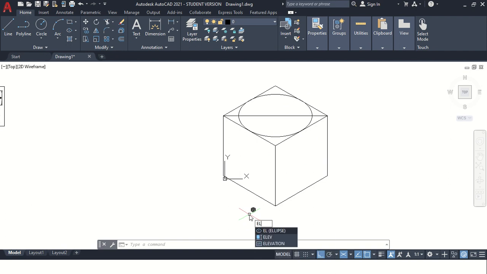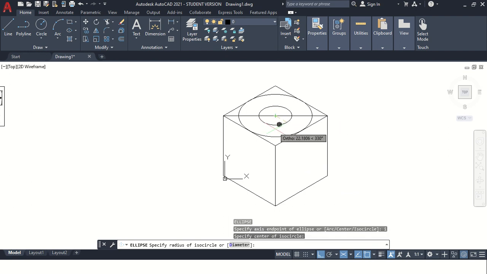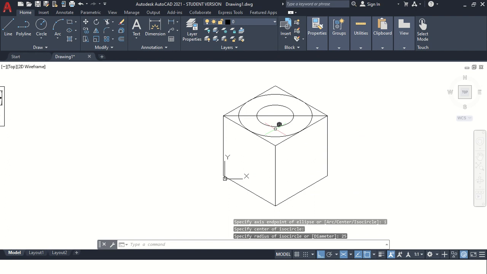Type ellipse, press enter, then I enter for isocircle. If we directly draw an ellipse, it will not be an isocircle. So after typing ellipse, you have to always select I, or isocircle. Select the center, give the radius 25 millimeter, press enter. So this is the method to draw a circle in isometric.